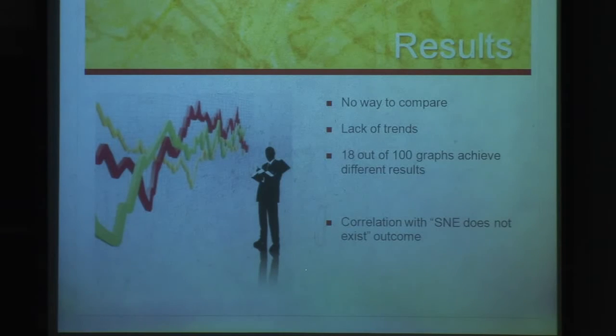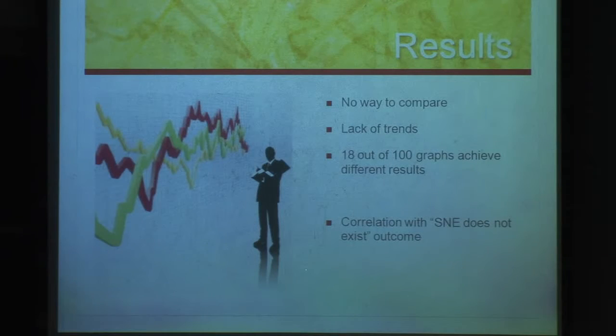So I did the same 100 tests on this too. However, the biggest issue is that there's no way to compare. We don't have the ideal cooperative solution in mind, so we can't tell if this heuristic is actually giving us the most cooperative solution. Also, there was a lack of trends. I was looking for which pre-existing heuristics were closest to the cooperative solution already, and there was a general lack of trends. Out of the 100 different graphs,